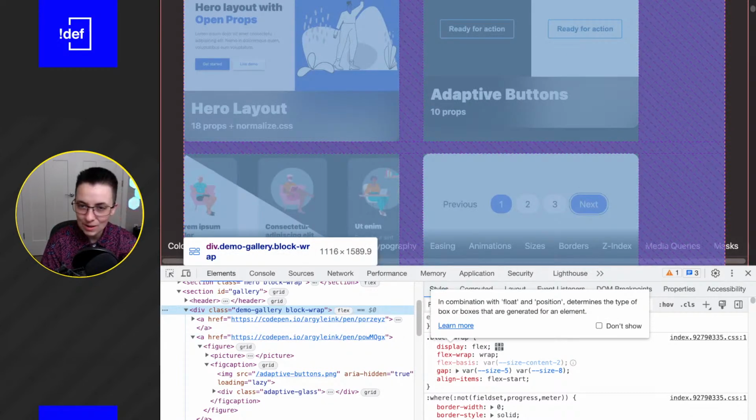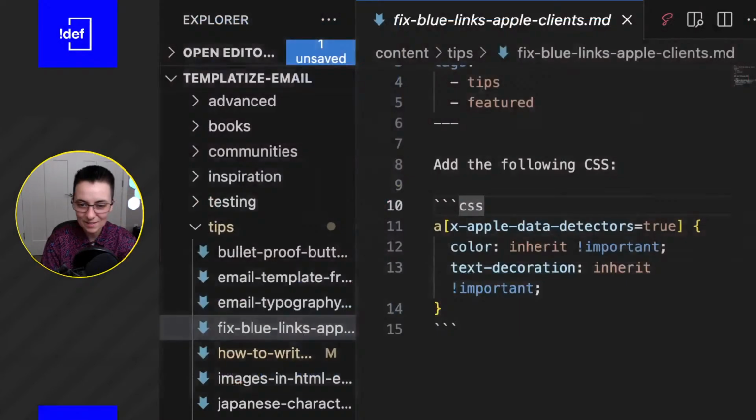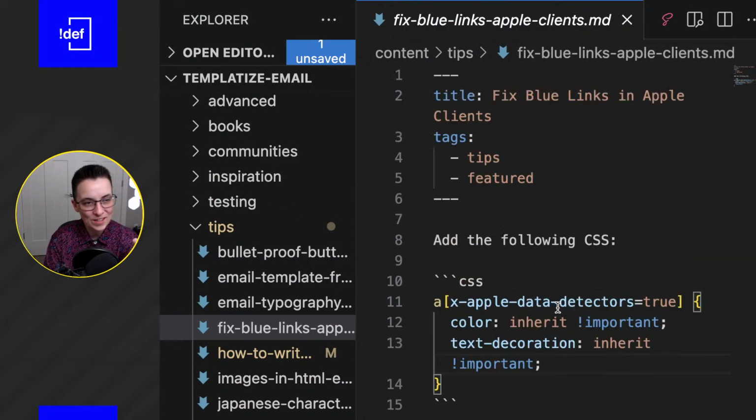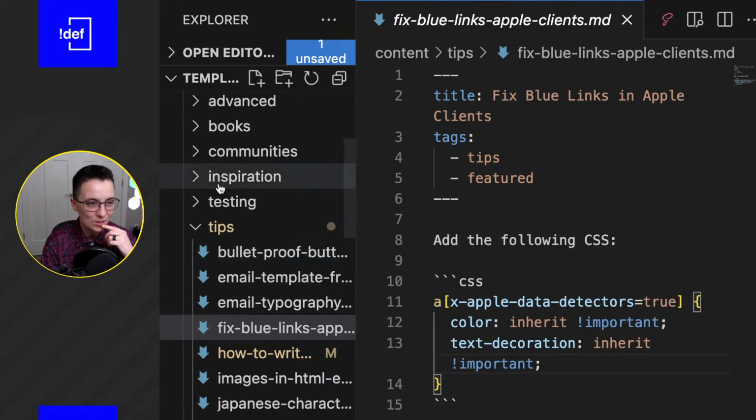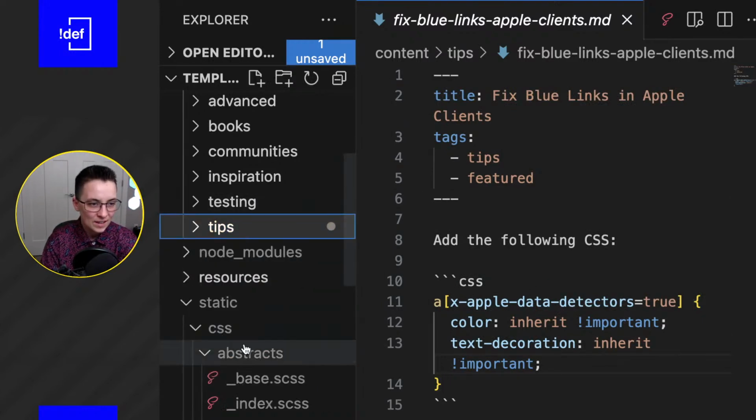You know what? Let's just do it. I am tired of waiting for my brain to wrap itself around grid. We're gonna go for this as Flex. So what I'm gonna have to do is,